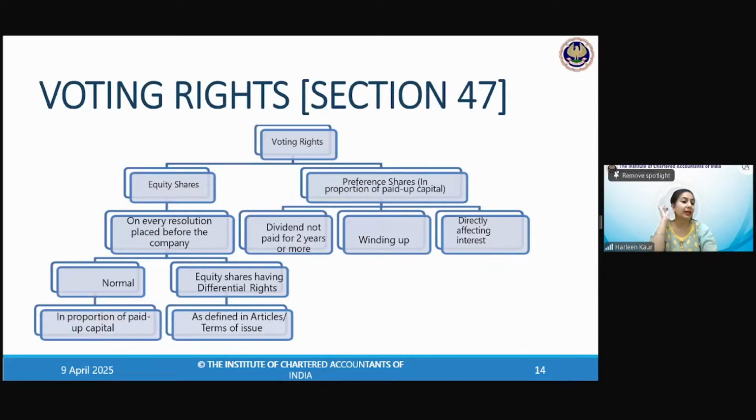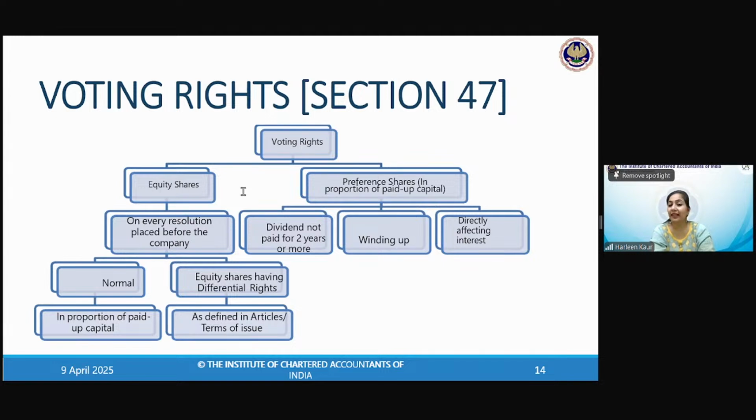Now let's have a quick recap, a quick discussion on the voting rights, section 47. And at the end, again, we'll be doing one descriptive question related to sweat equity shares. Yes, Priyanka Pandey, all the conditions of sweat equity shares have to be specified by that company, and they can issue the sweat equity shares only if the AO is authorizing, the SR has been passed and all the conditions have been complied with. But generally it relates to the permanent employee. So you have to see whether you fall under the category of permanent employee or not.